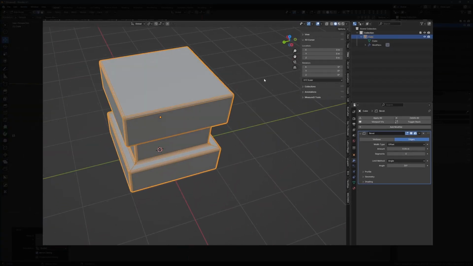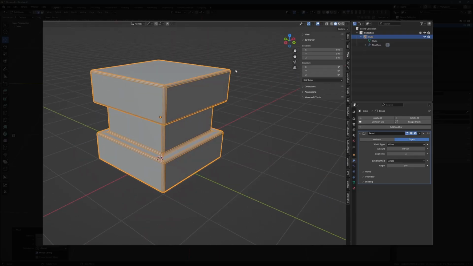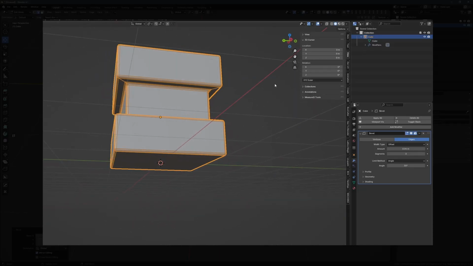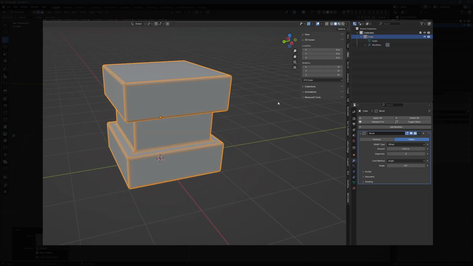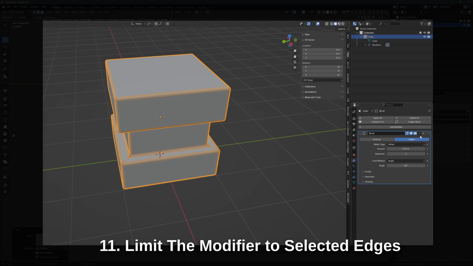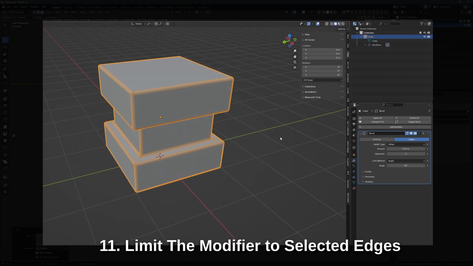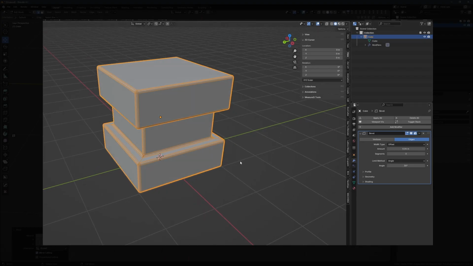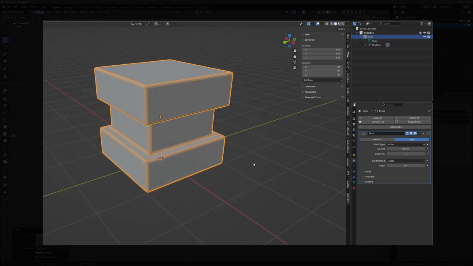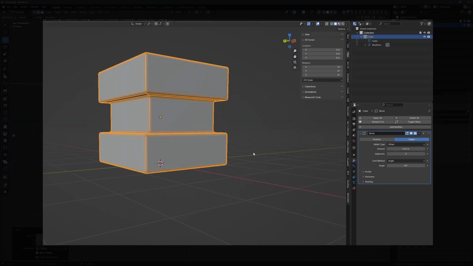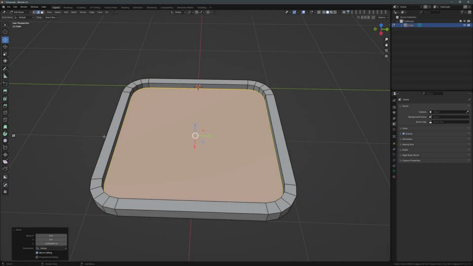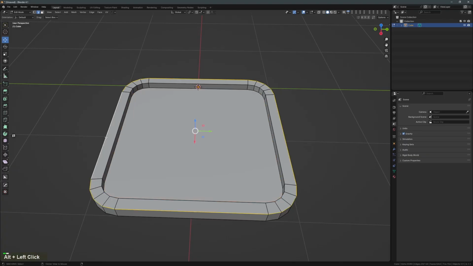Modifiers can be stacked, their positions on the stack can be reordered, they get saved in the blend file, and they are non-destructive until getting applied. So all in all, modifiers are very powerful, but they also come with downsides, one of which is that they get applied to the whole object, like you can see in my example. I don't want to bevel all my license plate's edges, especially not the inner ones, as you can see here. I only wanted to affect specific ones, like the outer edge loop I selected now.